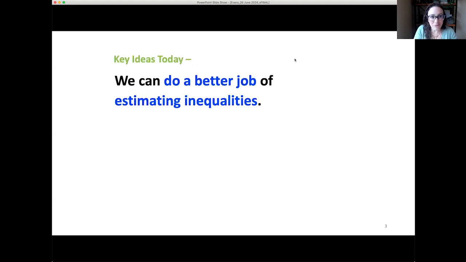So if you walk away with nothing else today, I have two big ideas. Big idea number one to take away from today is we do a lot of work around estimating inequities and inequalities across health and social sciences. I think we can do it a little bit better. If we're going to do it in a quantitative way, I think we can get slightly better estimates in a slightly more diverse and meaningful way that's more in line with the interests that we have around equity. So I think we can do a slightly better job than we've done in the past.